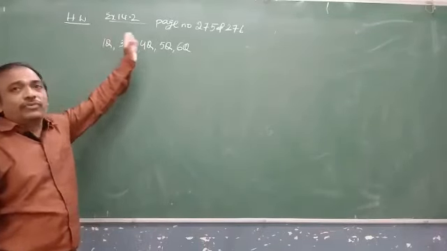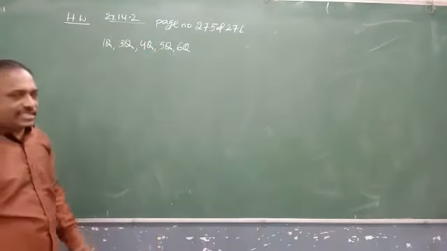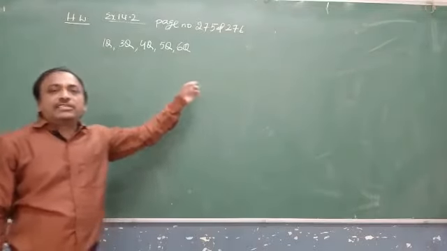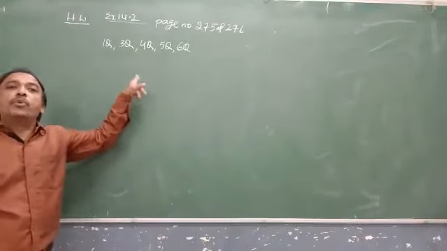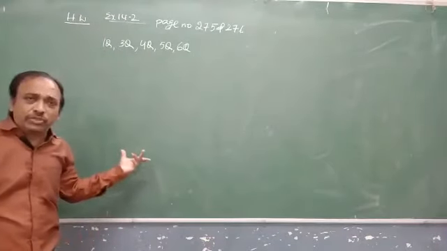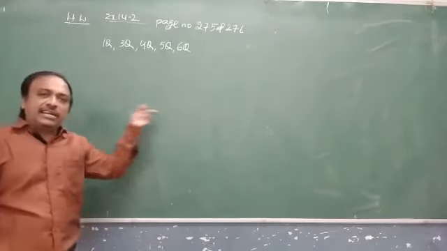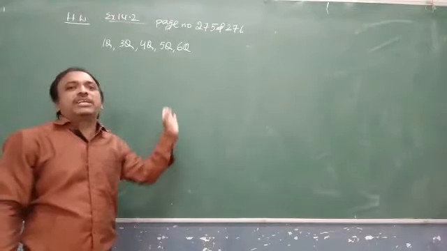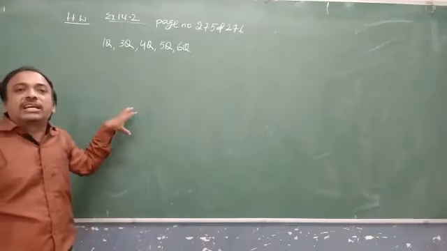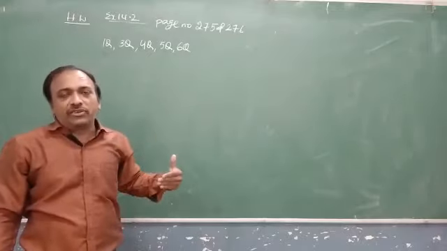And here we have homework questions from exercise 14.2, pages 275 and 276. Questions number 1, 3, 4, 5, 6. In these you have to find the mode for the given grouped data. You know how to find the mode for grouped data: identifying the highest frequency and underlining the modal class interval. Mode will always lie in the modal class interval among the class intervals. I hope you understood how to calculate mode.